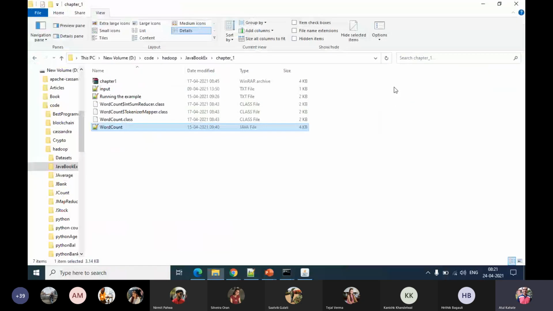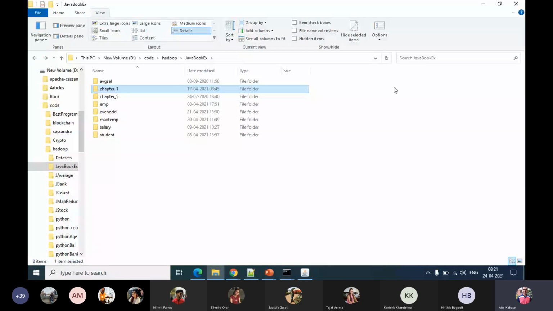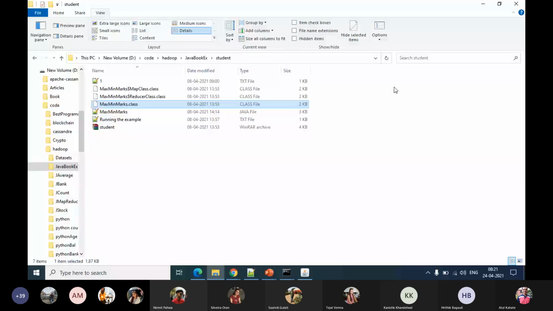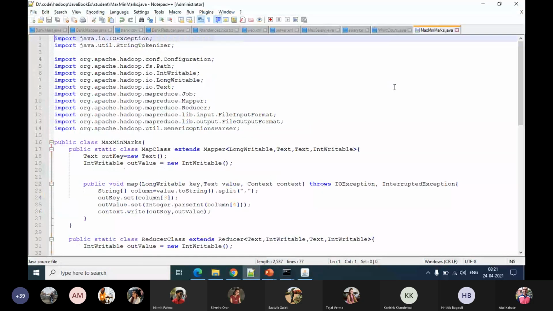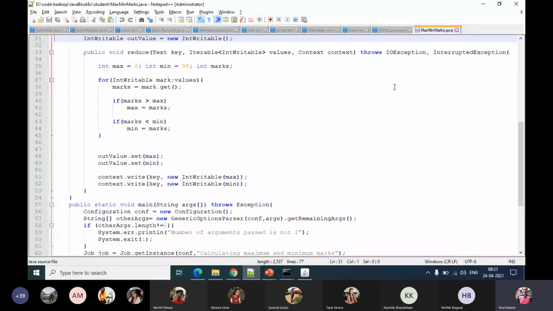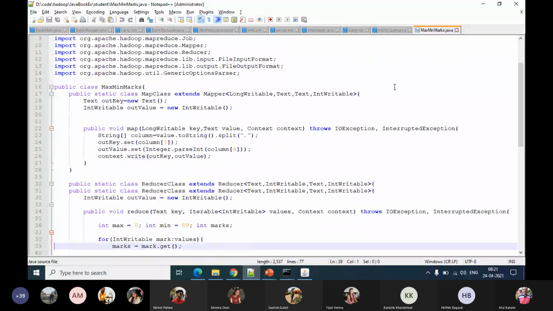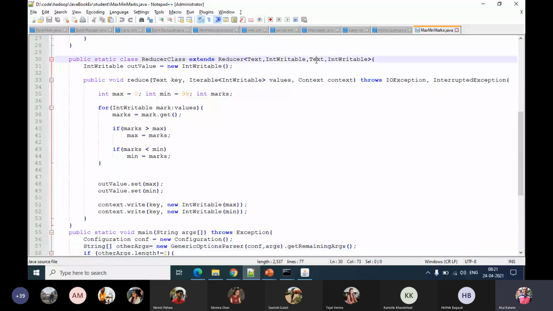Let's take a look at maybe one more example to illustrate the point. Here we are outputting text and int writable. That is, I think it's subject and the marks. Subject and marks. What we are receiving as an input is also text int writable. Why?